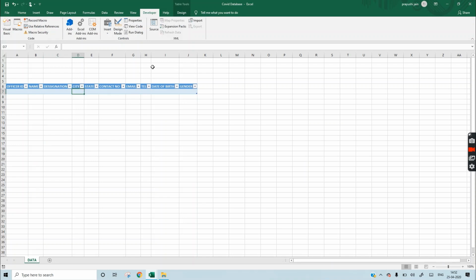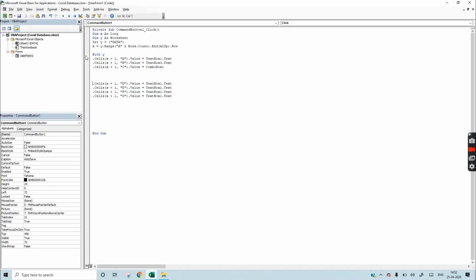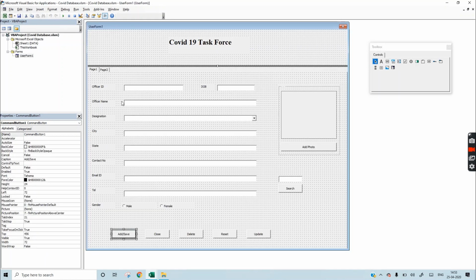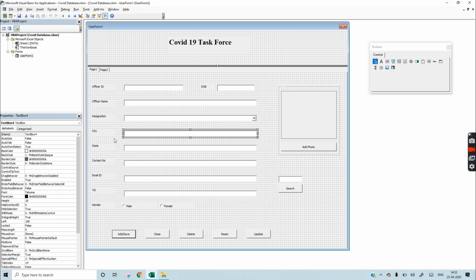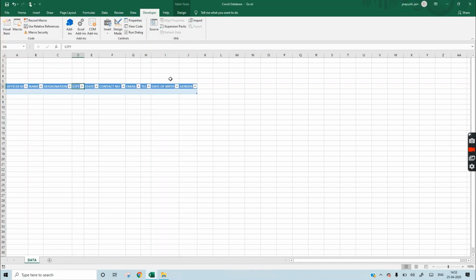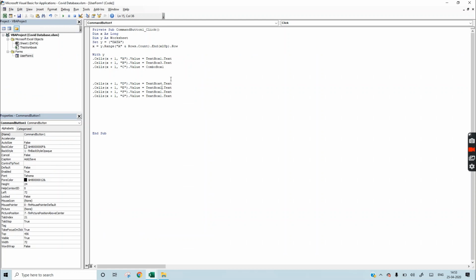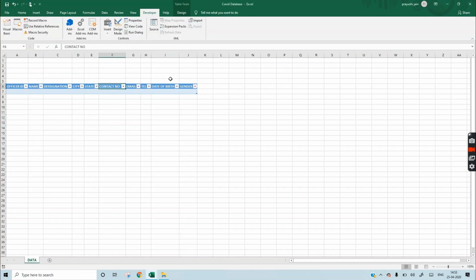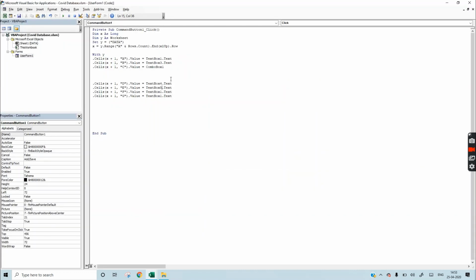Now D is for city, which is TextBox4, and state is 5. Contact number is 6.